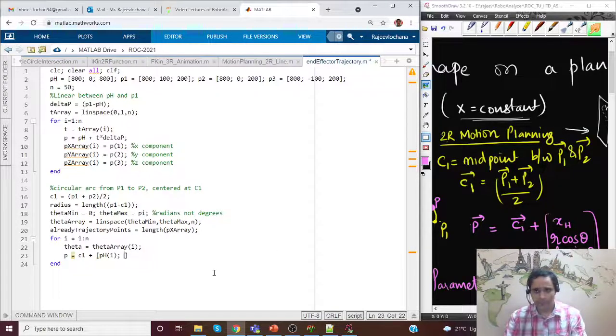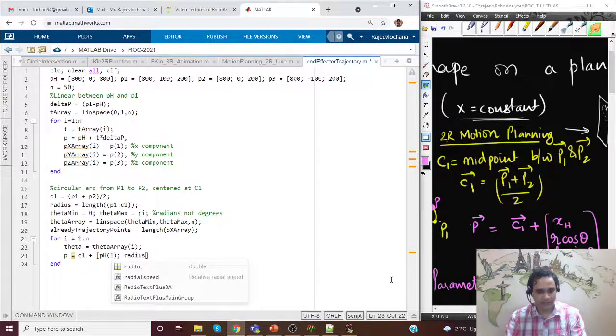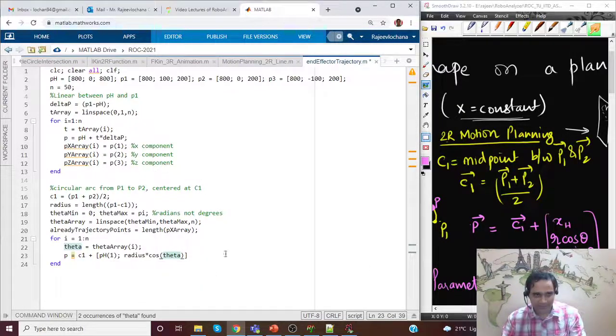Okay, now r into cos theta. Now what is the theta value? Theta is what we are going from step by step. So this r cos theta will be radius into cos of theta. Now please remember, this theta has to be radians, otherwise you'll have difficulty.